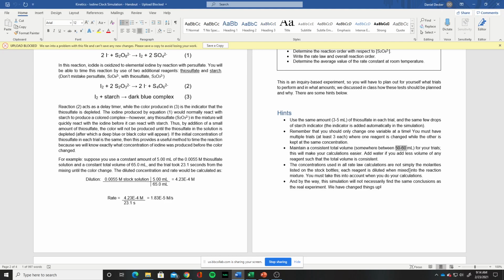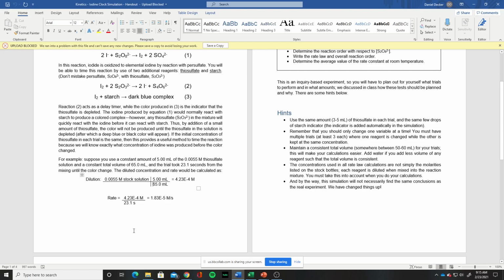And again, do you have to? No, you don't have to. You could do this and have a different volume each time. You're just going to make the math a lot harder on yourself. It's easier if you have the same volume, so when you're going through and doing these dilution calculations, if you use 60, for example, each time, then just this bottom one is always 60, because that's the total